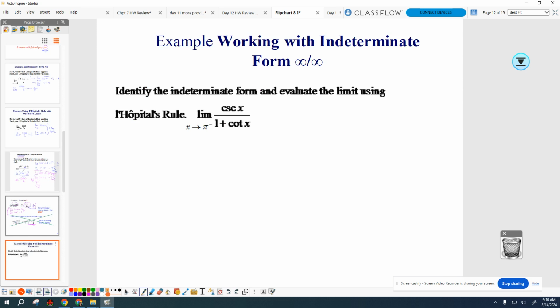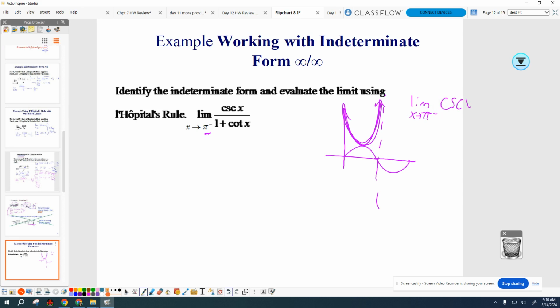Okay, this one, they might be mean and ask you to know what these graphs look like from the left. Cosecant is sine upside down. So cosecant's going to go like this, bubbles pop. So the limit as x approaches pi from the left, cosecant x appears to go to positive infinity. This right here. Cotangent, graphically, it goes to negative infinity. And this, even though the sign on the infinities mismatch,